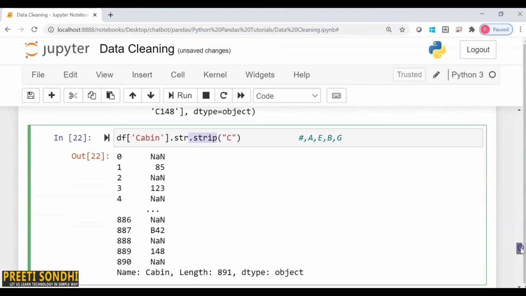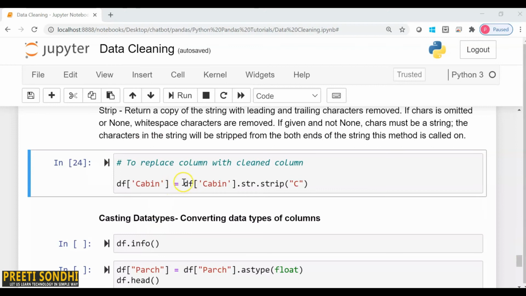Now you can see that it is not returning C, so the C variable is removed. If you want to replace the column with the clean column, you can simply store it with the same column name, or with some other column name if you want.